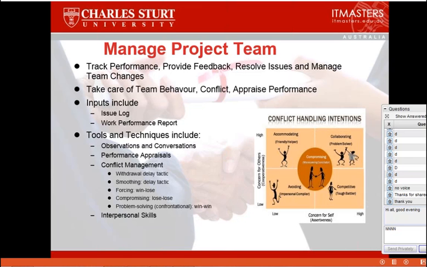Avoiding is where you try to avoid the conflict at all costs and you put your head in the sand. Compromising is getting the two parties to recognize that maybe there is common ground. Competitive, you've got somebody who's going to win out in the end because they happen to be a tougher battler. Collaborating is you come up with the best solution to the problem and get people to work with you, etc.